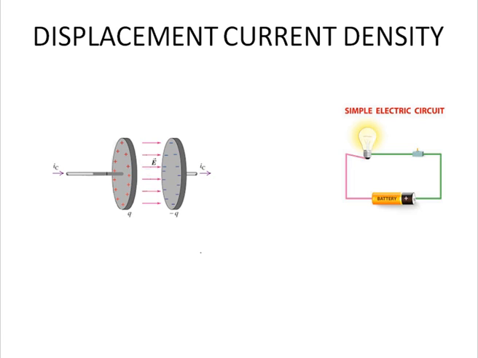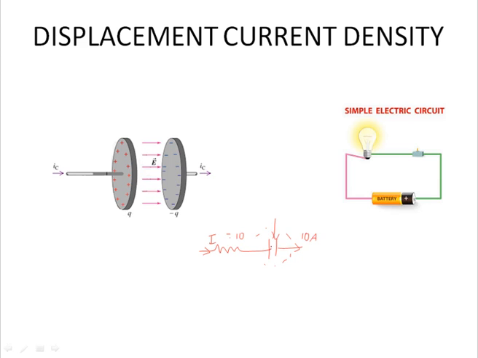Displacement current density is, suppose that we are having a resistor. This is the current flow I through that resistor, right? The current is continuous, the charge flow is continuous. But assume that you have placed a capacitor in between. How is the capacitor made? Two parallel plates, and in the middle we are having a dielectric medium, right? The dielectric medium is made of insulating material. Yet, is conduction actually happening there? No, but say if this is 10 amperes, this might also be 10 amperes if it is a series circuit, right? So conduction exists there.